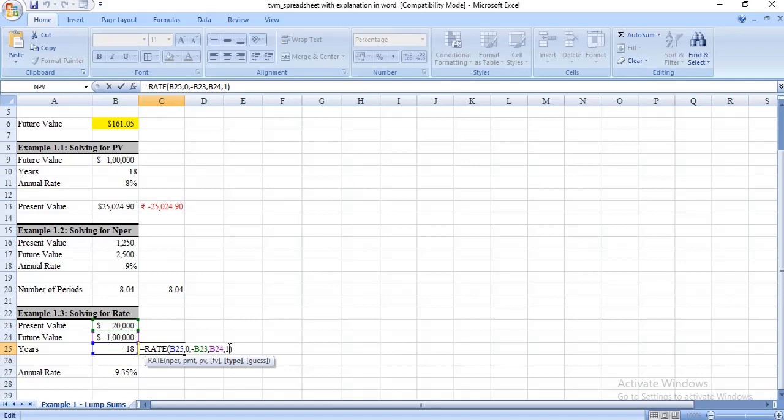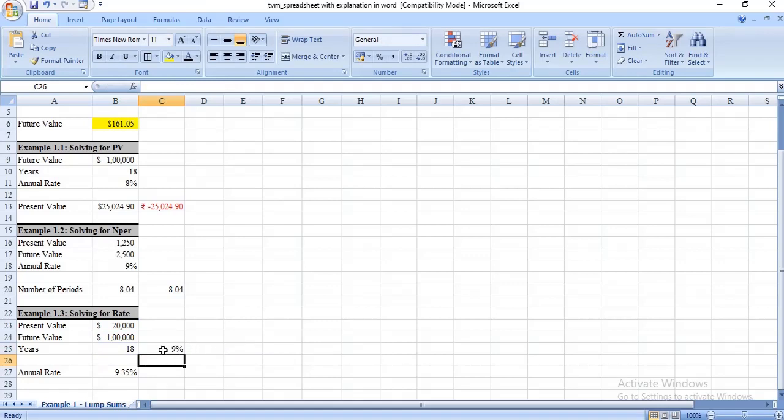And while calculating the rate, you can give any guess, like let's say you are thinking it will be around 9%, so you can give that guess also. So you are getting 9% here, and, right, you can increase the decimal, so you will be getting 9.35%. Okay, so this is how